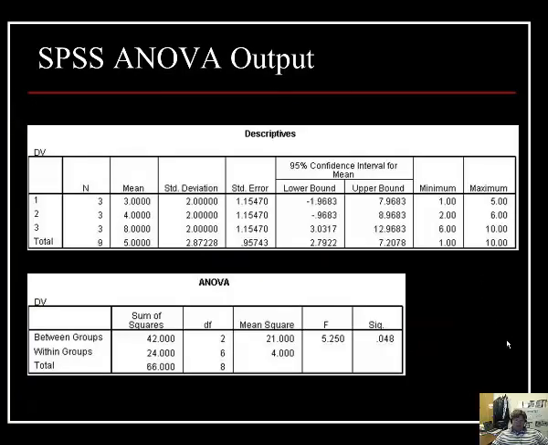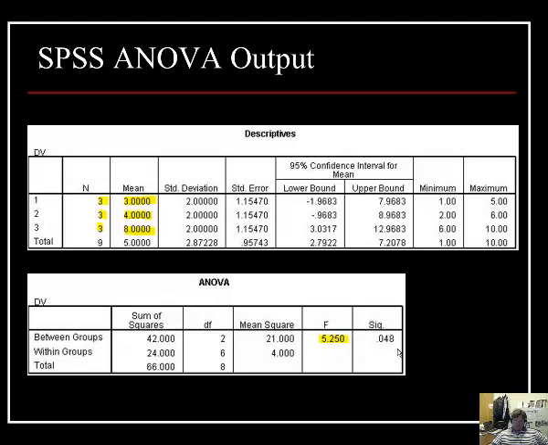So let's look at that in a little example in SPSS. So here we have 3 people in each group, 3, 3, 3, and this is just a sample that I made up quickly. The mean for each group is 3, 4, and 8. Let's say they took a test where they're trying to get a score out of 10. So on the ANOVA table down here,